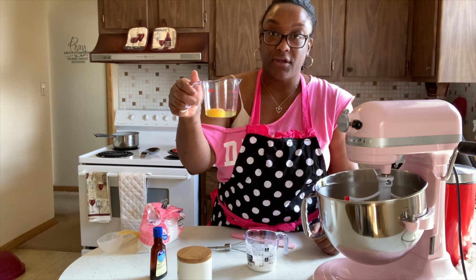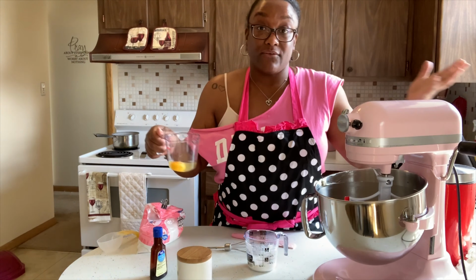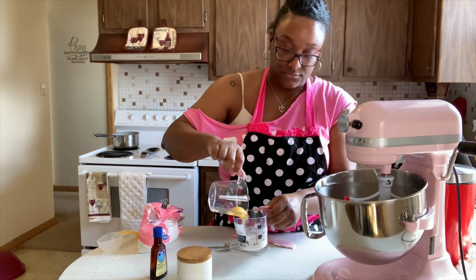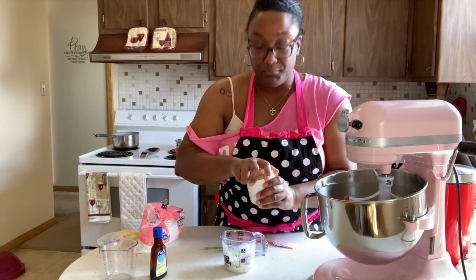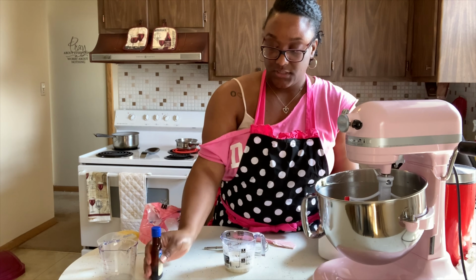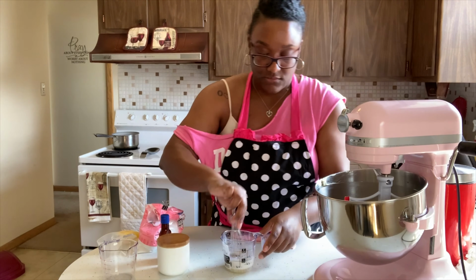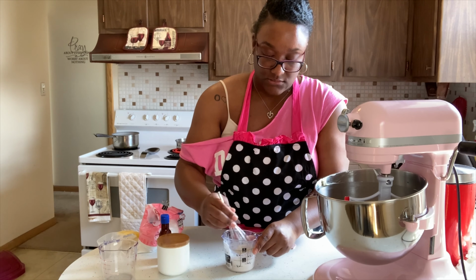I typically always crack my eggs open in another container before adding it to whatever I'm baking, just to look at it. Make sure there's no shells, make sure the egg isn't bleeding. I mean, you just never know. Unless you can see through the shell, I mean, yeah, my grandmother taught me that. So I'm gonna add a pinch of salt and some vanilla. And then I'll whisk this together,